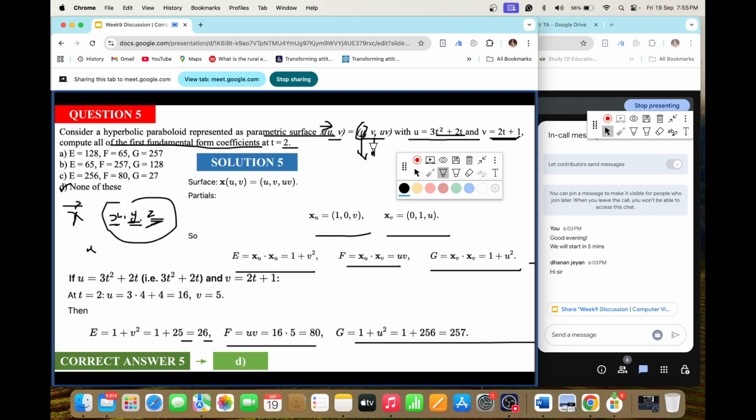Similarly, this y position value is a function of u and v. This z position value is also a function of u and v, and this u and v are also functions of t. Where t is not the tangent; t is a parameter. What do u and v mean? t is a parameter for u and v, and u and v are parameters for this x, y, and z. Okay, got it.